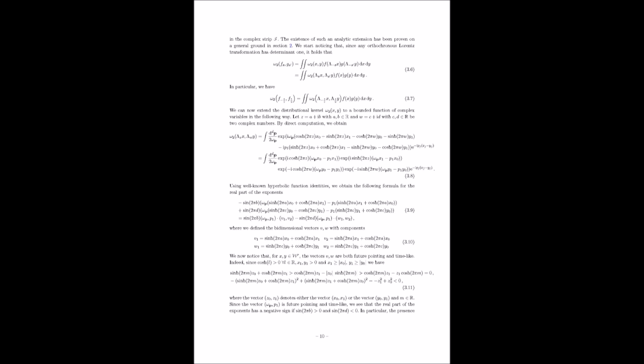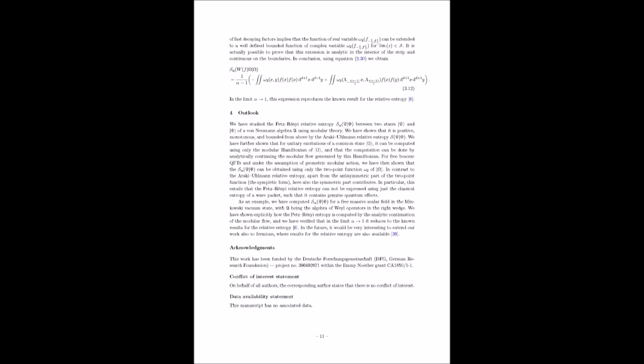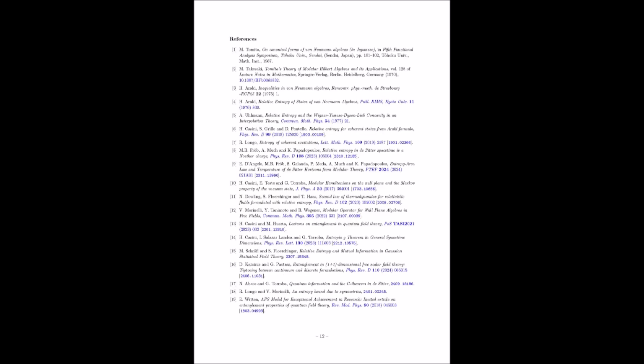So they've essentially built a mathematical safety net to prevent the integral from diverging. Exactly. They've ensured that the analytic continuation is valid and that our calculations won't lead to nonsensical results. Now, once they've established this analytic continuation of the two-point function, the next step is to use it to calculate the Petz-Rényi relative entropy. Okay, the moment of truth. How do they do that?